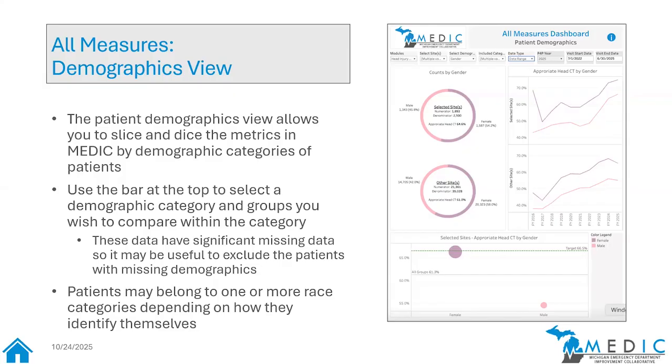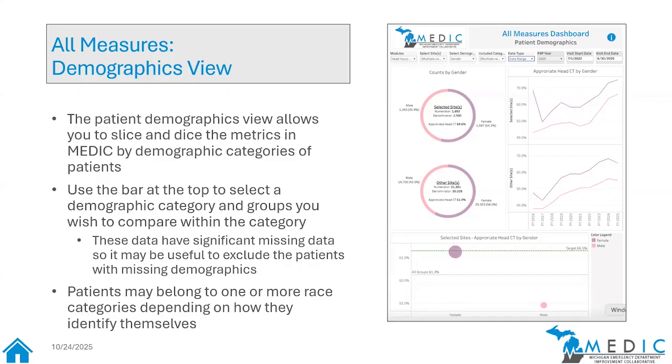Just to walk through that a little bit, in the top left-hand side of the screen you're going to see two what are called donut plots. They're like pie graphs with some overall counts in the center, and then the breakdown by whatever your selected demographic is for your site, and then the rest of MEDIC. The top is always going to be your site, or selected sites if it's more than one, and then the bottom will be the rest of MEDIC.